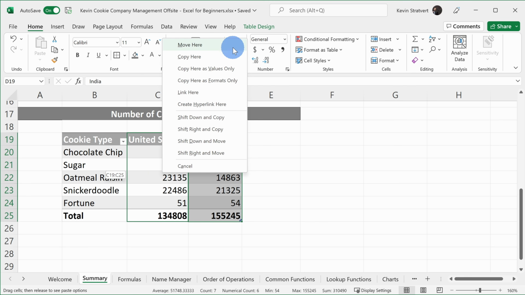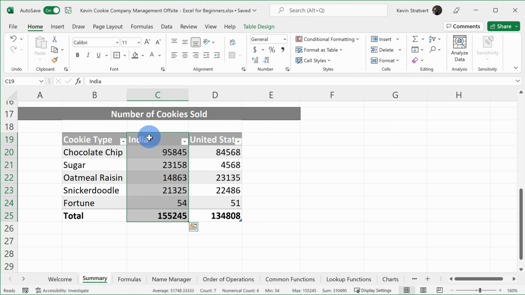Here I can now drag that over and then release. Here I get a context menu asking me what I want to do. I can move it here, copy it here, but I don't want to just move or copy because I already have content here. So instead, here I could say Shift right and move. So I want to take the United States and I want to shift it to the right and move that data. Let's click on that, and here now it's placed India in this column and the United States in this